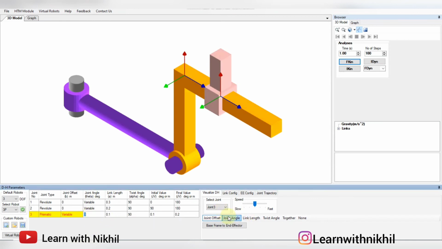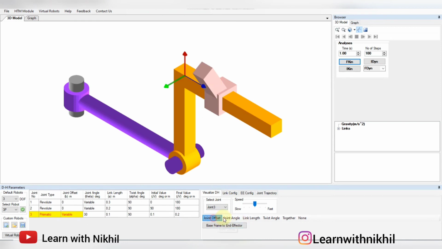So joint angle 0, I'll click on joint angle. It has not moved. If it was any other value, say 30 degree, and I click on the joint angle, this will rotate. As you know, the x-axis has to align along the link. So with joint angle 30 degree, it has aligned here. But right now it is 0, so there is no need. Joint angle is 0. It didn't change. It just got transferred from this to this.